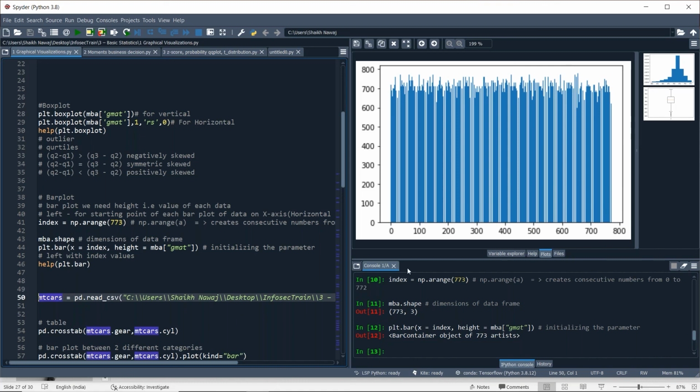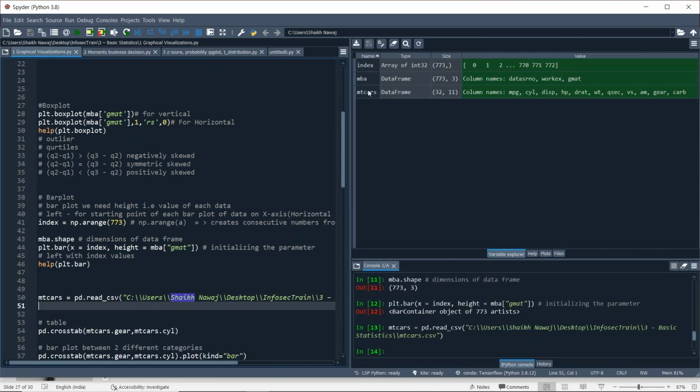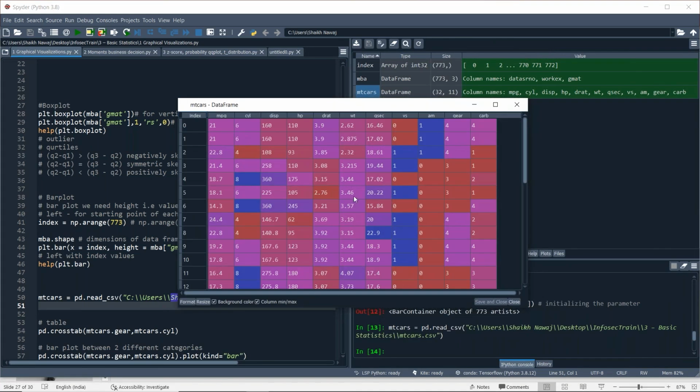Now again, let's read another data set, which is mtcars. This is a very interesting data set.